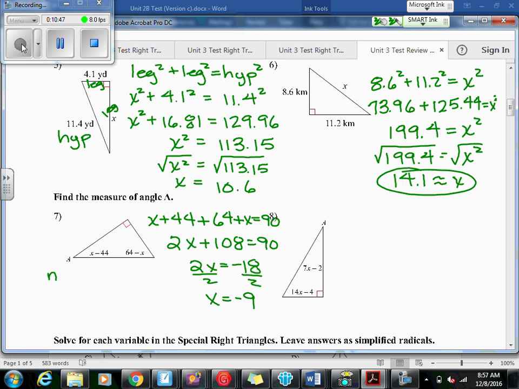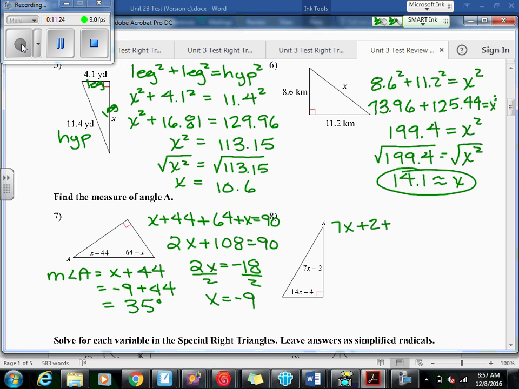So let's do that over here. The measure of angle A equals x plus 44. And when you plug in negative 9 plus 44, you find the measure of angle A is 35 degrees. Okay, so question number 8 is going to work exactly the same way. Keep in mind your two acute angles in a right triangle are complementary, so they're going to add together to equal 90. So you'll have 7x plus 2